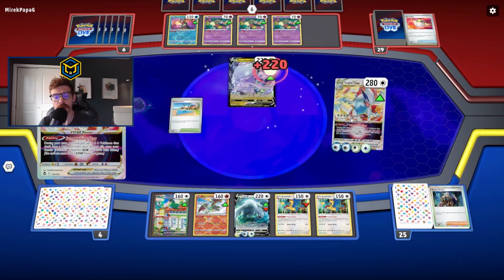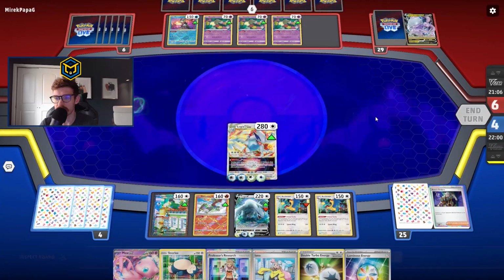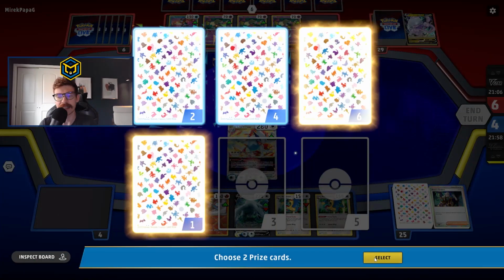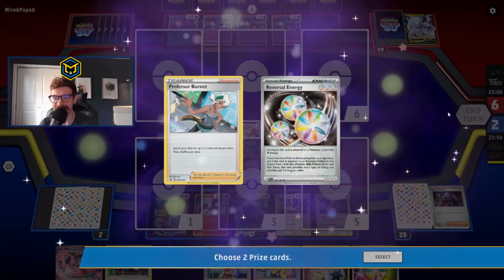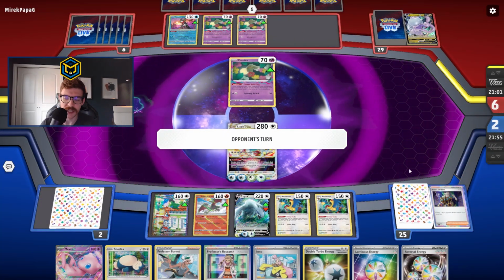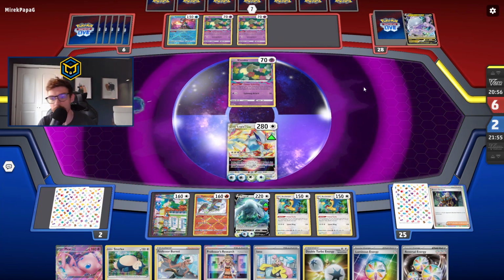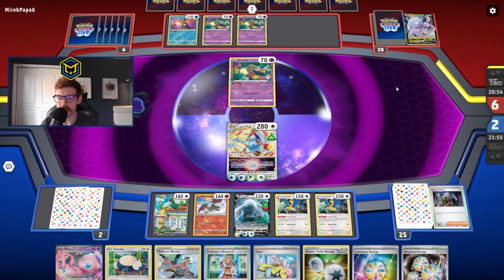Tempest Dive for 220. We're up 4 prize cards here at the moment. We'll also kick away that stadium. I think this is good. I think this is it for us. We're so far ahead. Burnets and a Reversal Energy, which I feel like we're not going to need any of them, but you never know. Maybe he gets super set up and finds a way to get it done, but